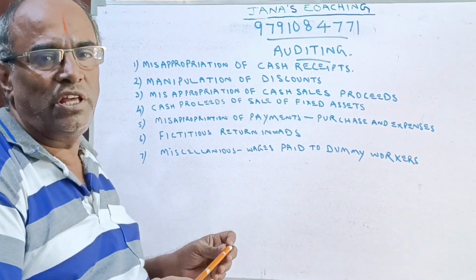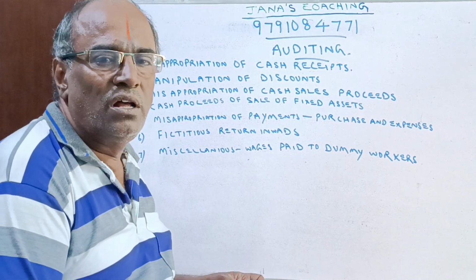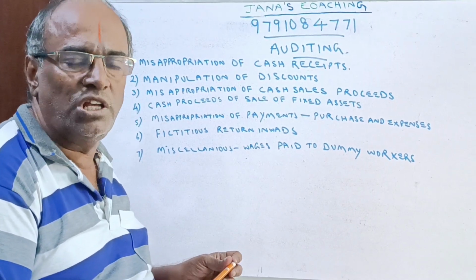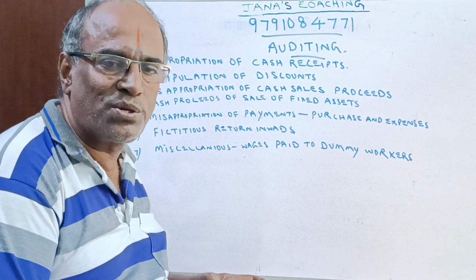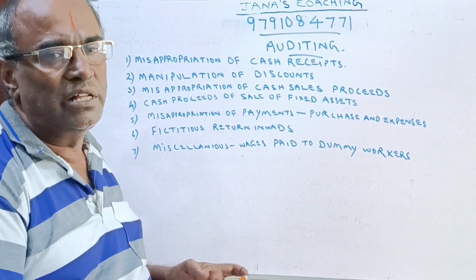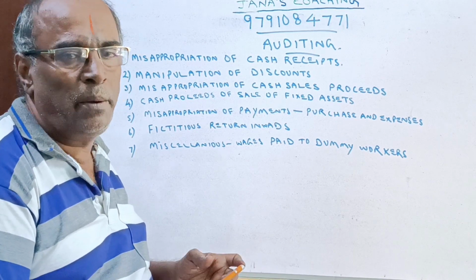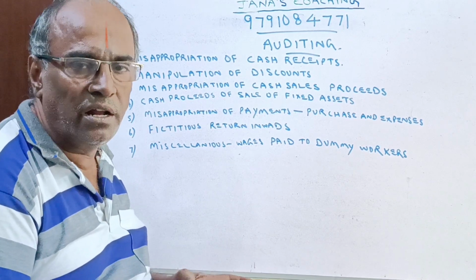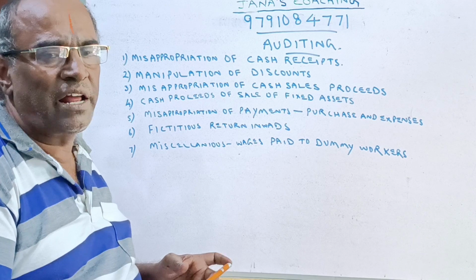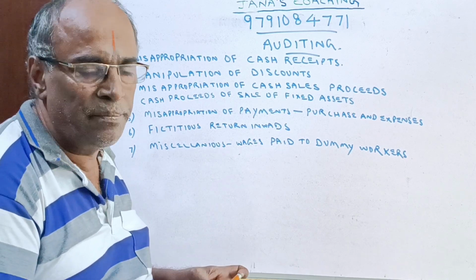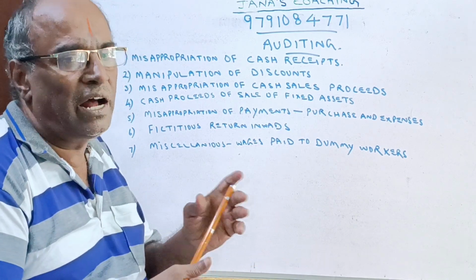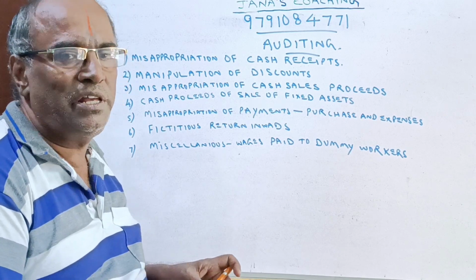During the course of audit, the auditor has to see the transactions of the cashier, that is the receipts made by the cashier and payments made by the cashier. So many transactions have to be checked, both receipt side and payment side. The very important ones are